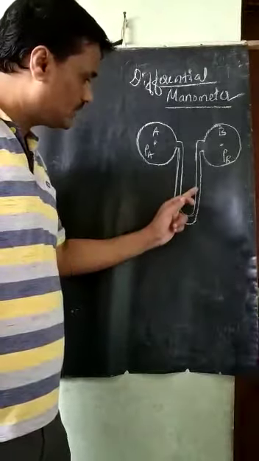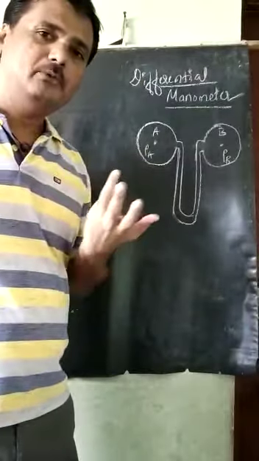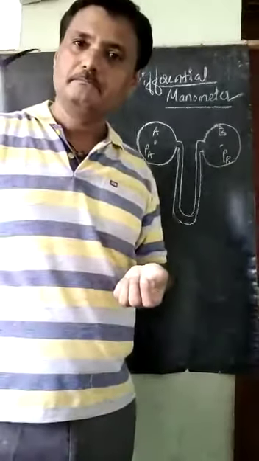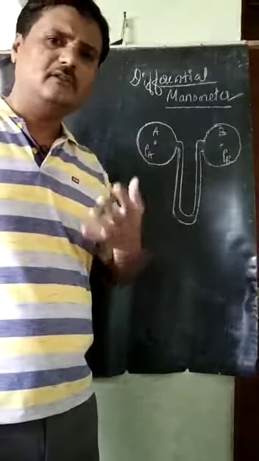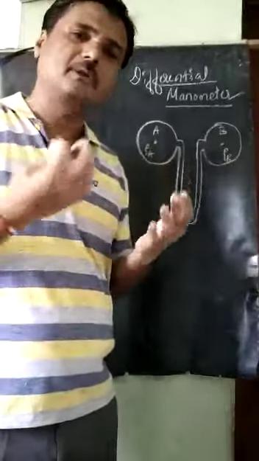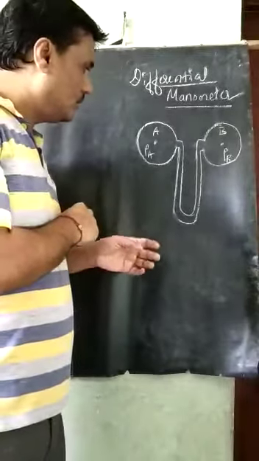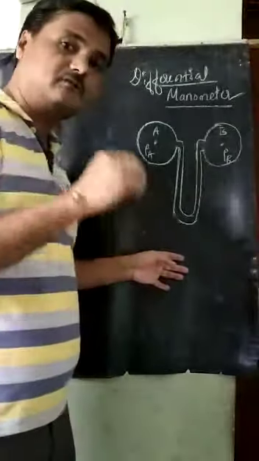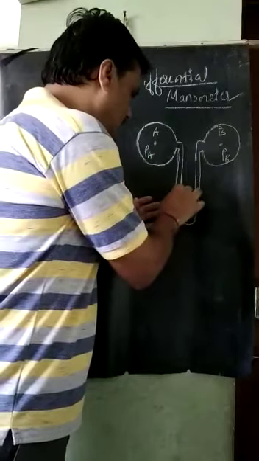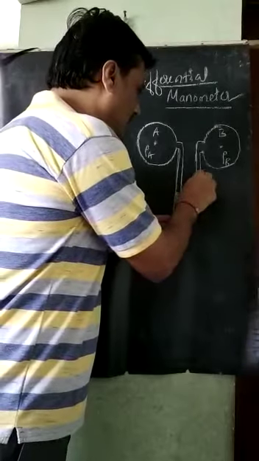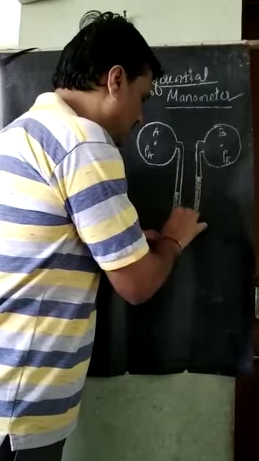In this U-tube manometer, there will be the manometric fluid. The manometric fluid may be mercury, maybe some alcohol, maybe sometimes air also. It depends upon the type of pressure we are measuring and the application for which we are using the manometer. Now I will take two stable levels: for the left limb, this is the level, and for the right limb, this is the level. This is the stable level of the manometric fluid.